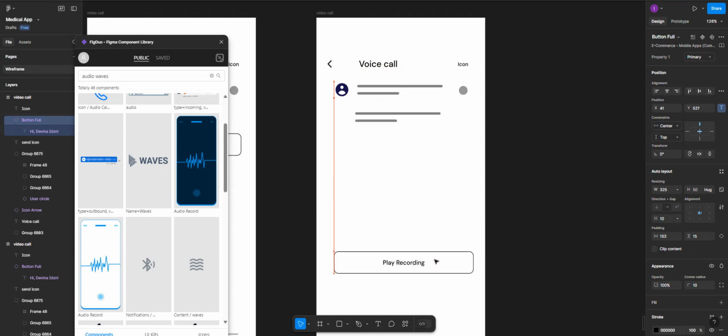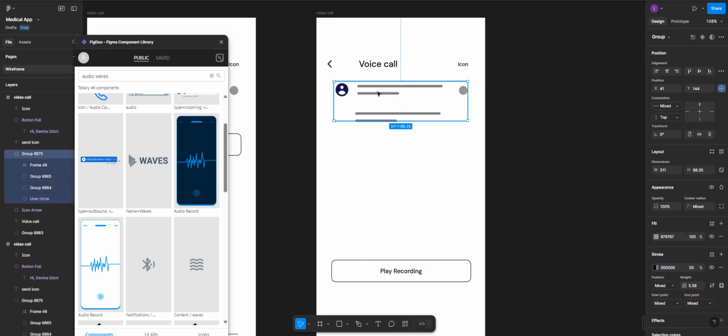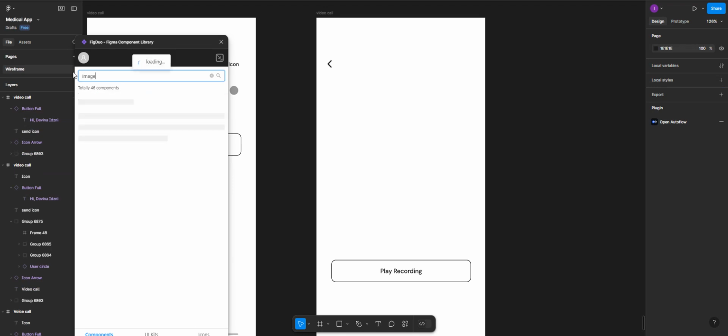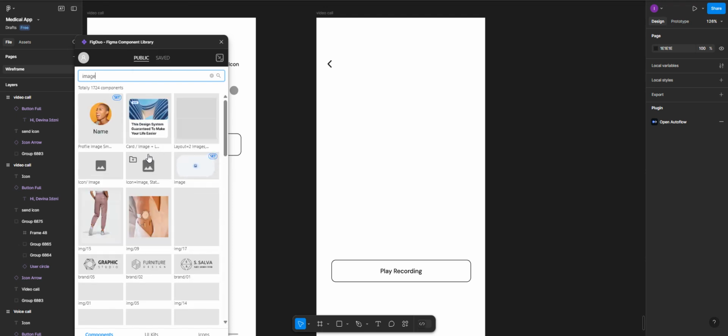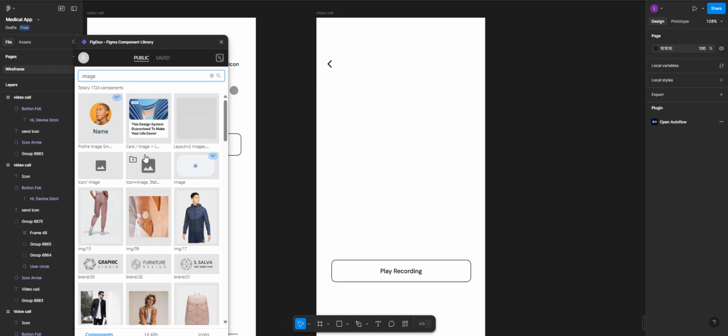So then we just bring the recording button. I think we're going to remove that one, so we just include two buttons that will show it is playing and all that. So here we delete this, and also delete this. Okay, so here we're going to insert an image that will be on the background. So here we'll look for background image, and just include it there. So you can make use of any one of this,